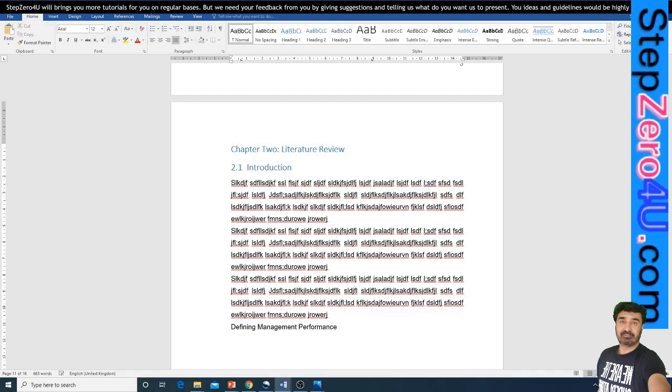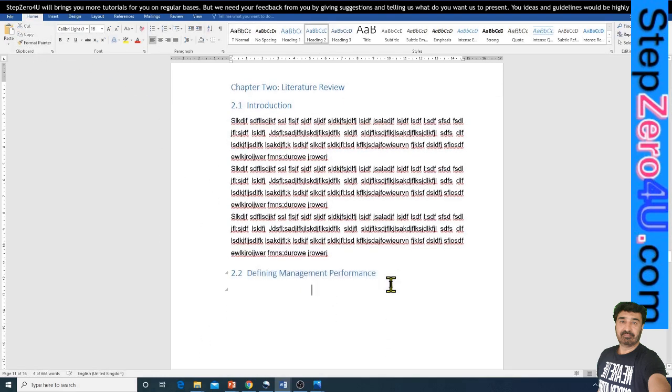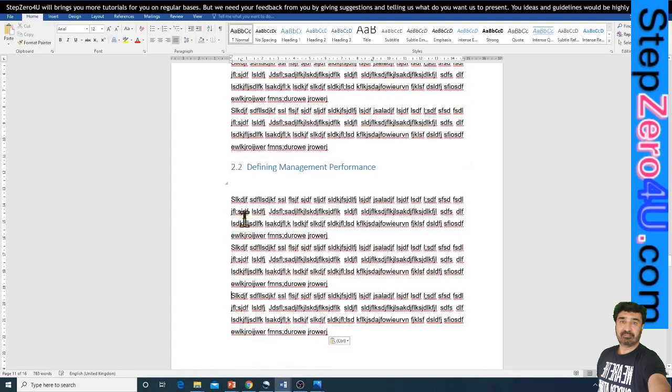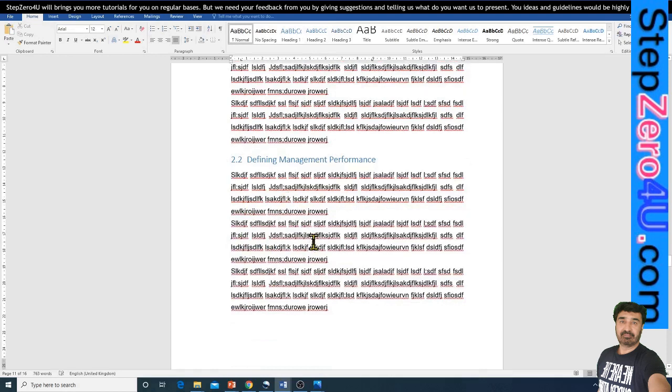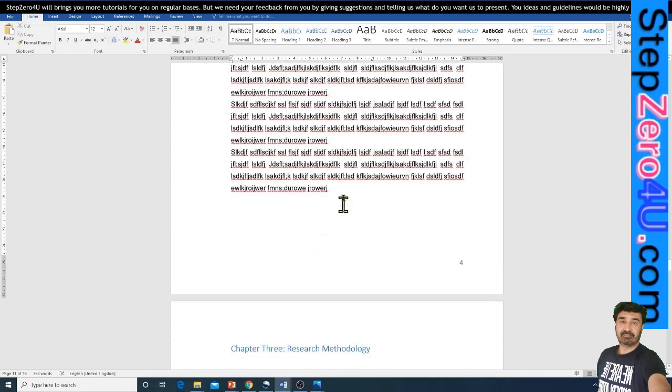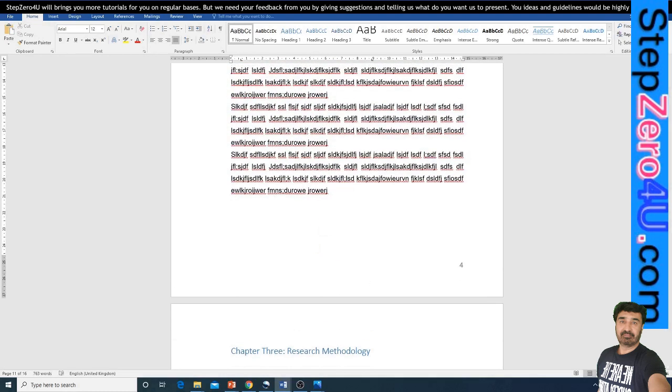We will complete our second chapter by adding level 2 headings and text under these headings. We will apply the format from the first level 2 heading to the rest of the level 2 headings in the chapter by using the Format Painter tool. Under each level 2 heading, we will add the required text. We should insert citations while we write our text. We will learn how to add citations in the next section of this tutorial.